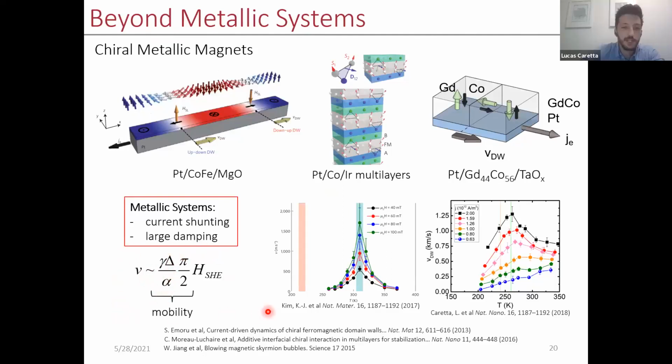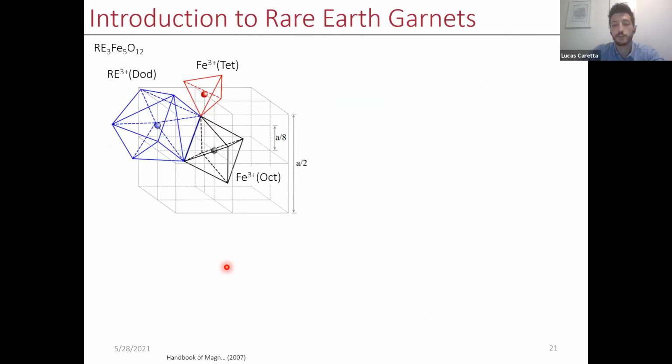The advantage we can take in increasing domain wall speeds is by engineering this mobility parameter. The easiest way to do that is by tuning the Gilbert damping parameter, alpha, which is something we can vary by orders of magnitude. Insulating systems are very well known for having low damping, and in particular, rare earth iron garnets are a classic example of this. They're famous for their low damping.